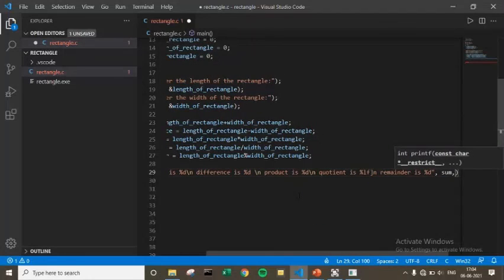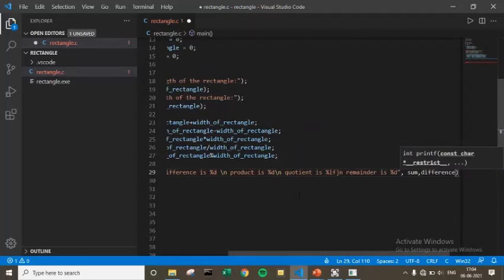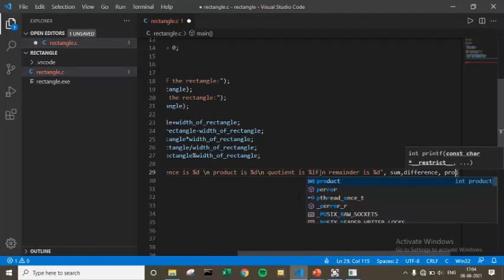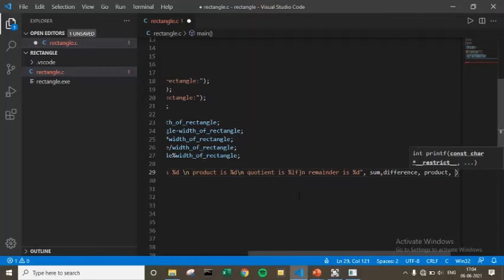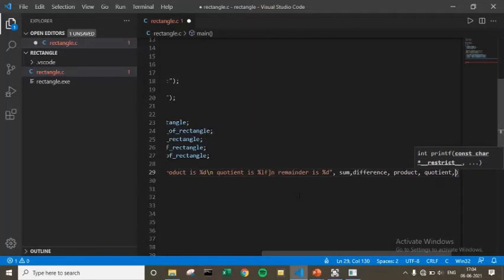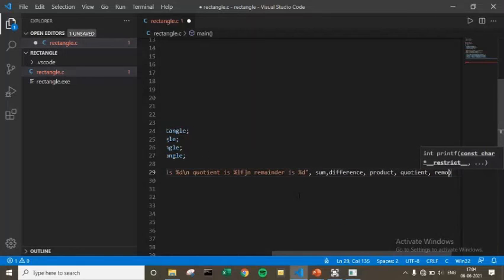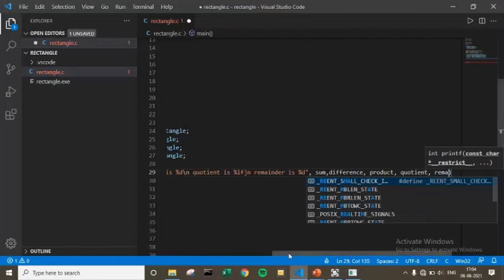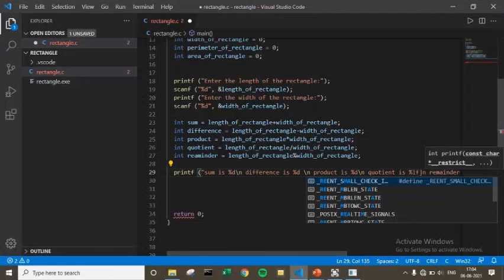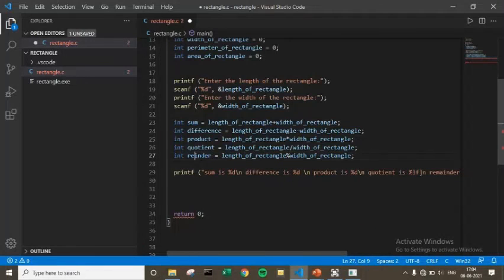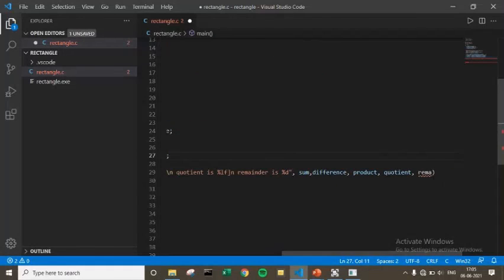Sum, difference, product, quotient, remainder. Oh, sorry, I wrote the spelling of remainder wrong. Remainder.